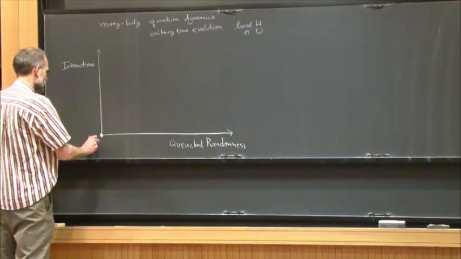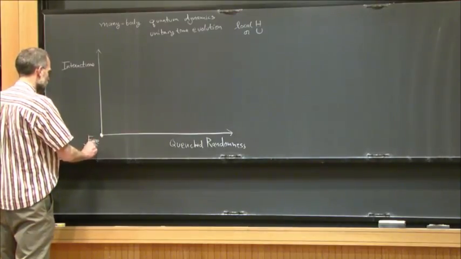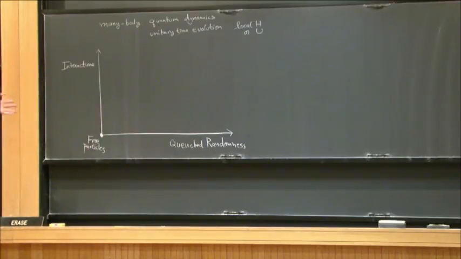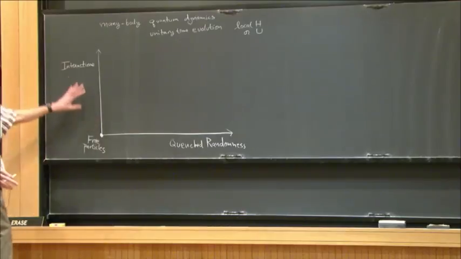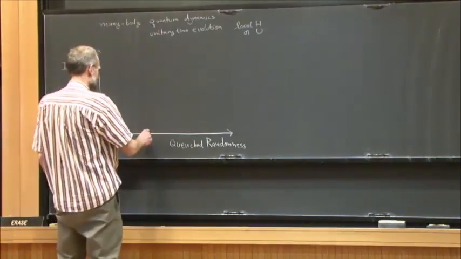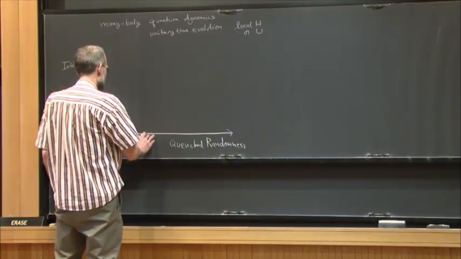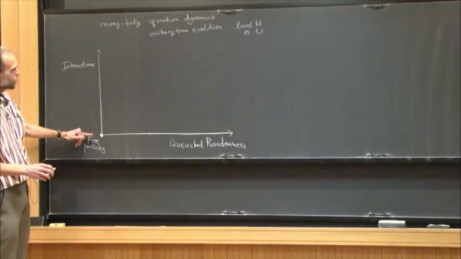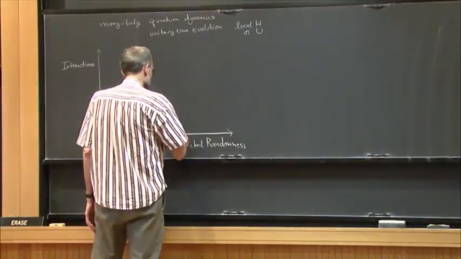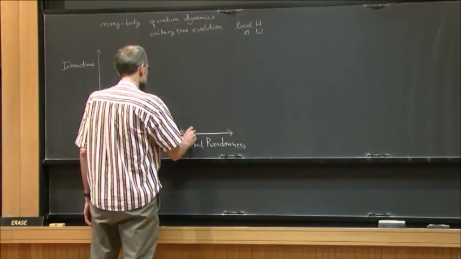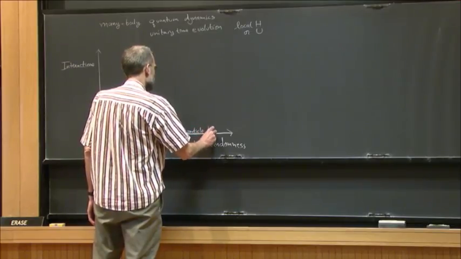Okay, so in this picture we've got, okay, so this corner here, what's this? This is free particles. Right? No potential. Let's say the system's otherwise translationally invariant, and there's no interaction. So this is simple. And then along here, well, actually, let me not draw a sharp boundary, but if we have no interactions, we're really talking about the single particle problem. And so over here on the axis, at strong enough randomness, we have single particle localization,